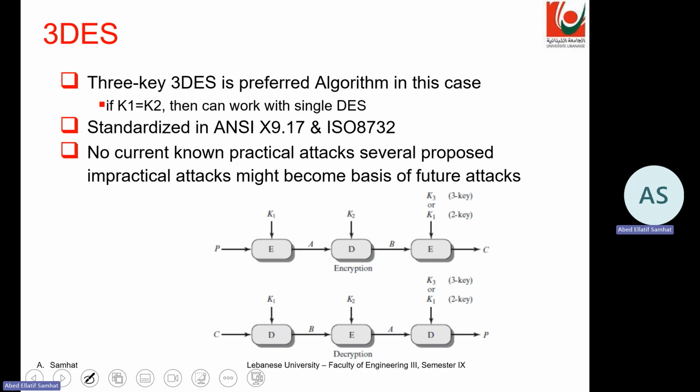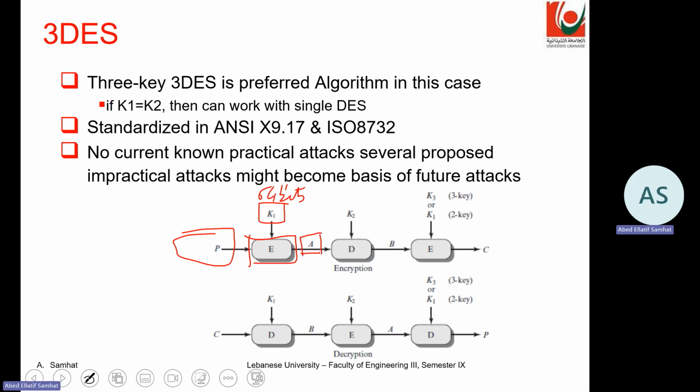So the idea is that we have the plain text. At the first stage, we apply the encryption algorithm DES with a key K1, which is 64 bits, and then